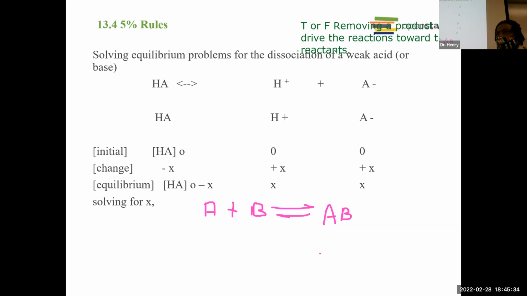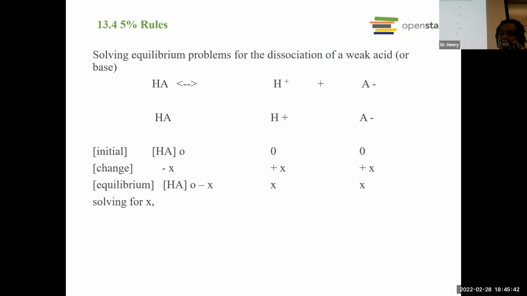I'll get back to this. I'm going to come back to the 5% rule. But the very first thing to do in an equilibrium calculation is figuring out your constant. You need to find out your equilibrium constant. Make sure your equilibrium constant is given to you. In most cases, it is going to be given to you. You also are going to need to know the equation. Figure out the equation. Do you remember how to write the equations? A refresher would be nice, but we'll go over it in a second.